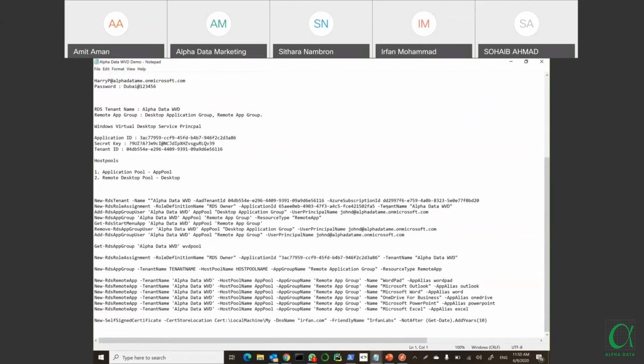Fine, if you can write in the chat box what the command was. You're trying to remove the user from the group. I'm trying to add him, and it says that he's already added. Try removing the user from the particular group and re-adding him. You have an option to remove the RDS group user. Let me type that in the command. Yeah, this is the one.